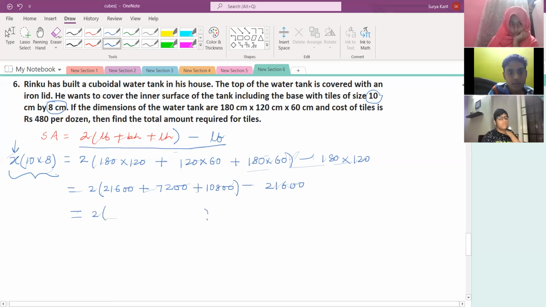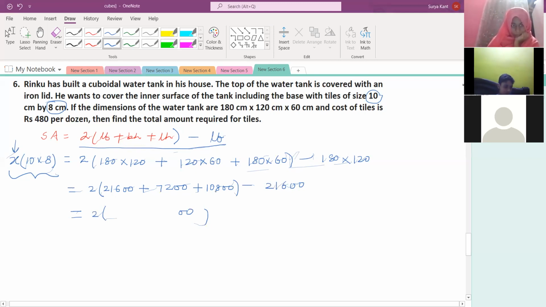What is coming here, Nihar, on adding this? Sir, I don't know, sir. I didn't do it that way. Which method you applied here? Acha, plus and all you have done. Yes, sir. I've taken the lateral surface area because the calculation will be less, and then I've added length into breadth. Okay, fine.